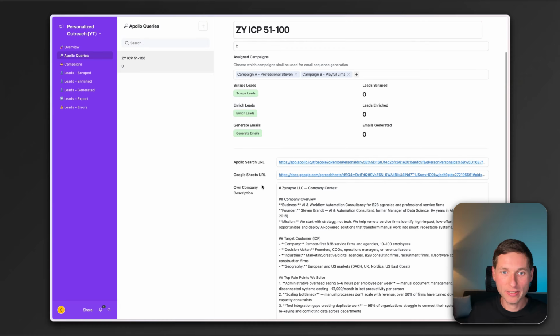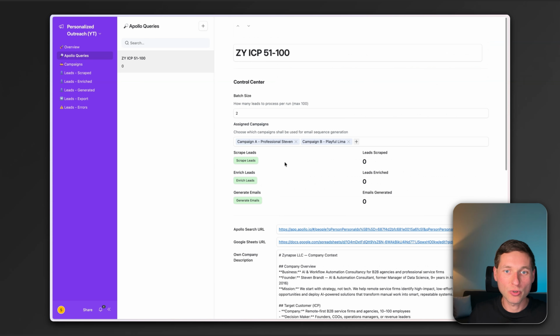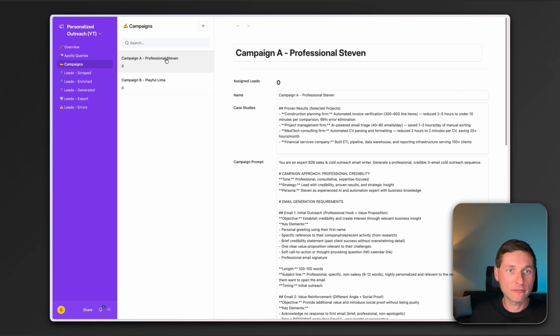The search query stays the same, and also the company description. So how do the campaigns actually look like? In the Campaigns tab, you can find all the available campaigns that you have created, or can also create a new one. You can see how many leads are assigned to it, what the name is,